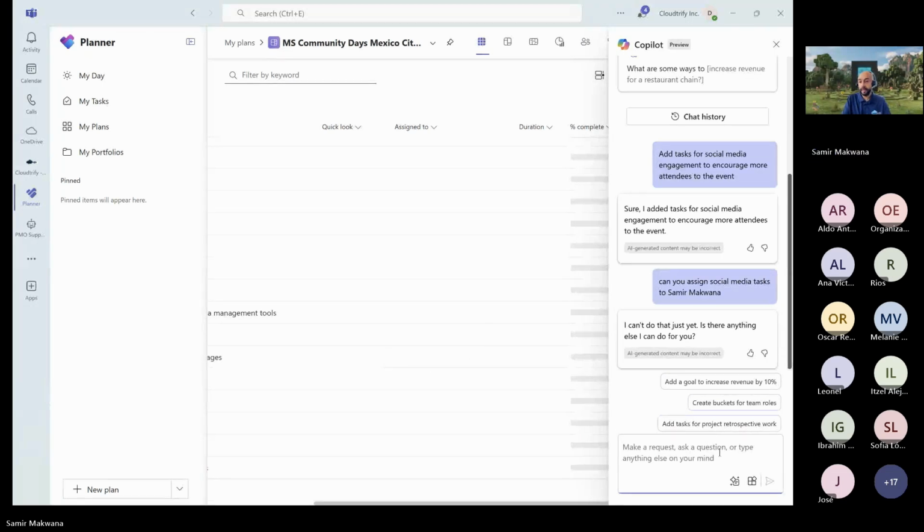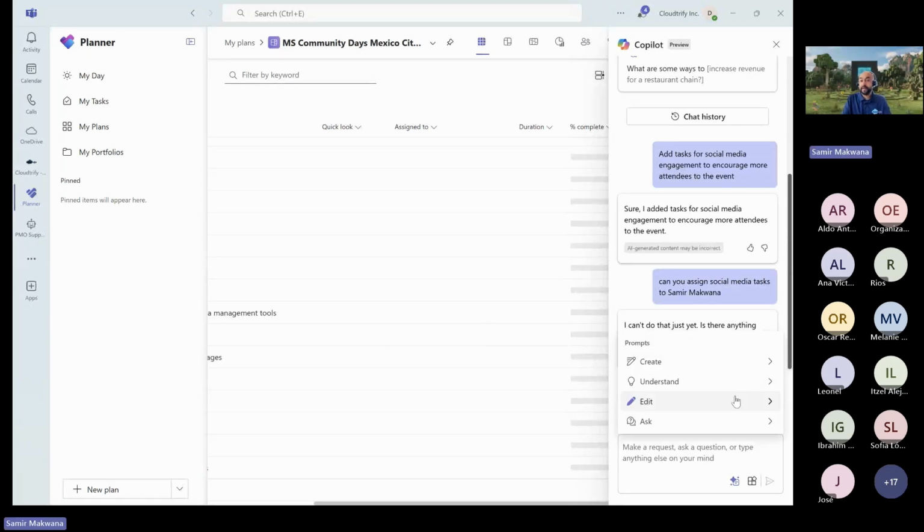That's okay. As I said, it's in preview, and there are some things which it cannot do, and there are some things it can do. So let's see what else we can do here. So who is working on the plan?